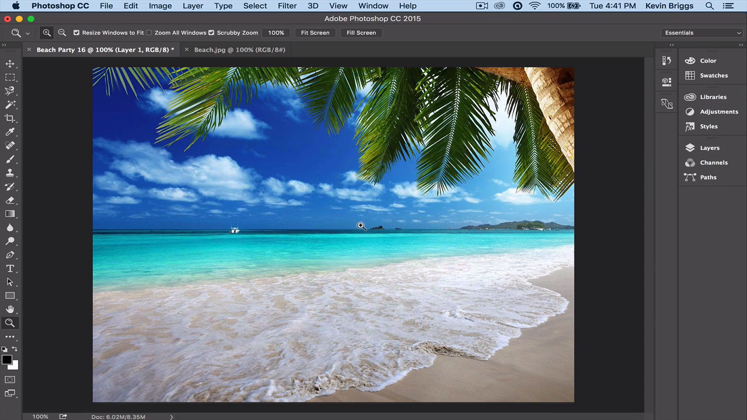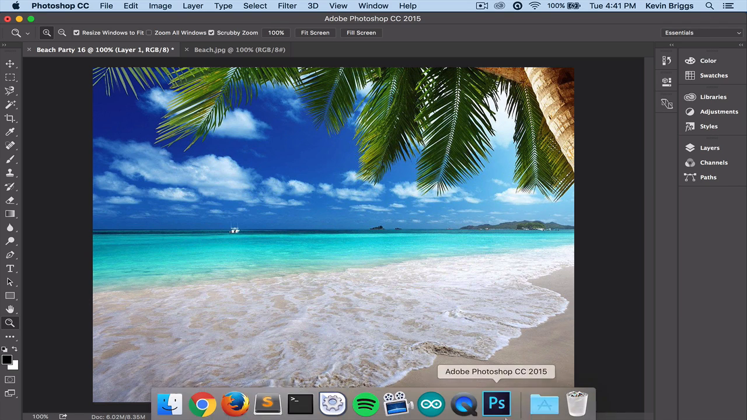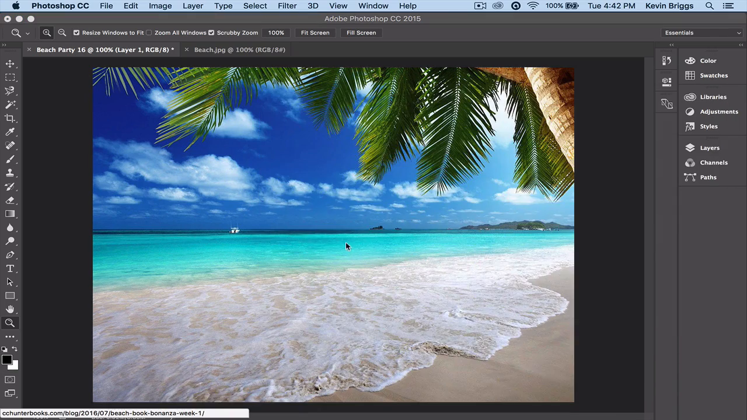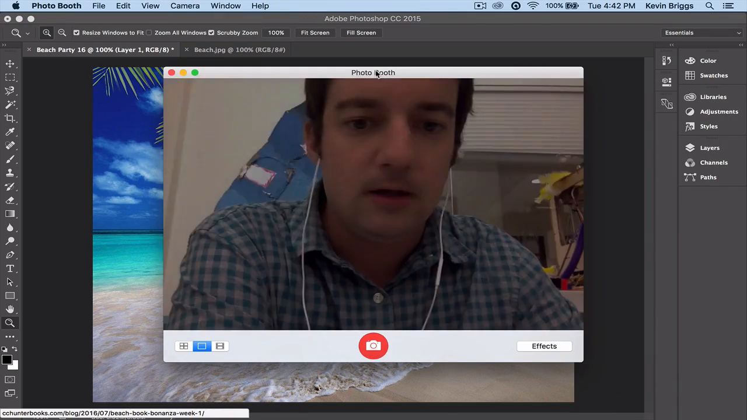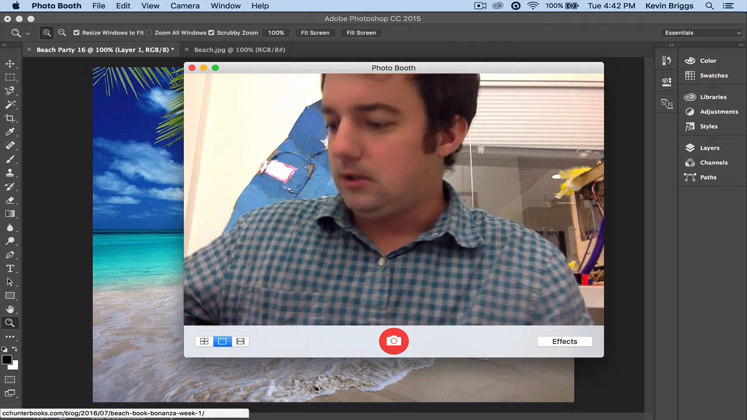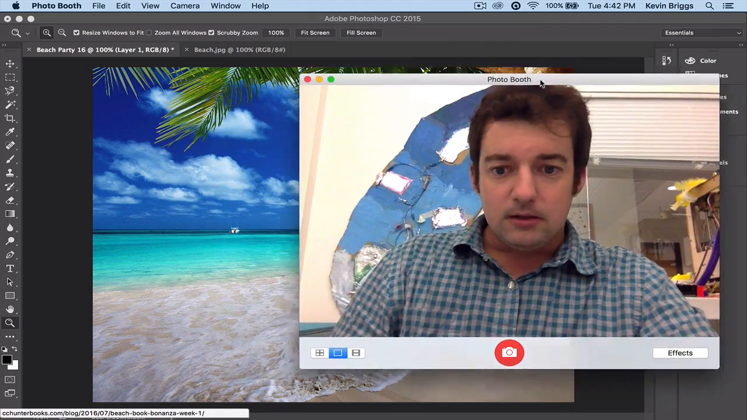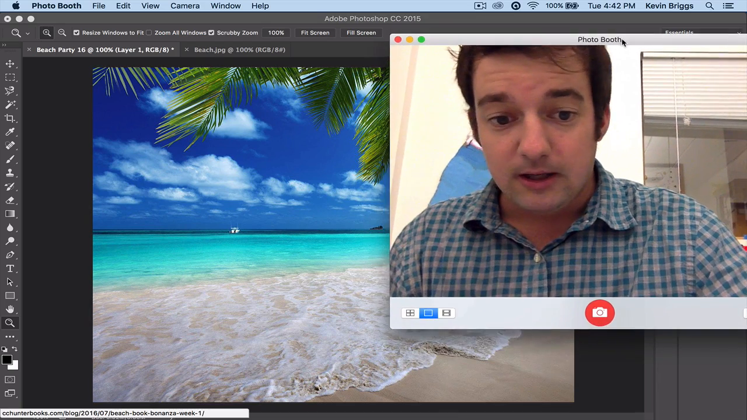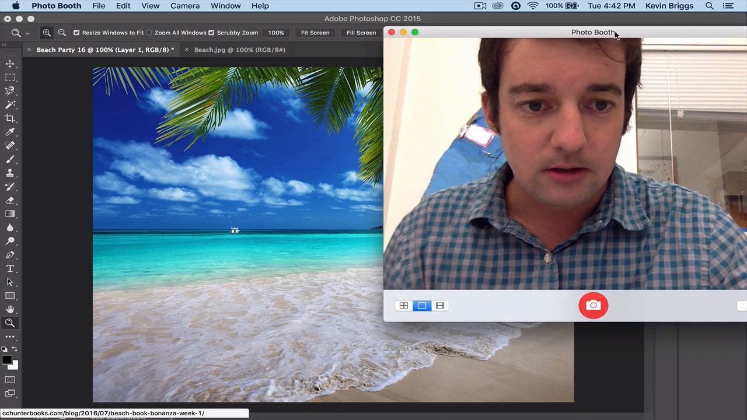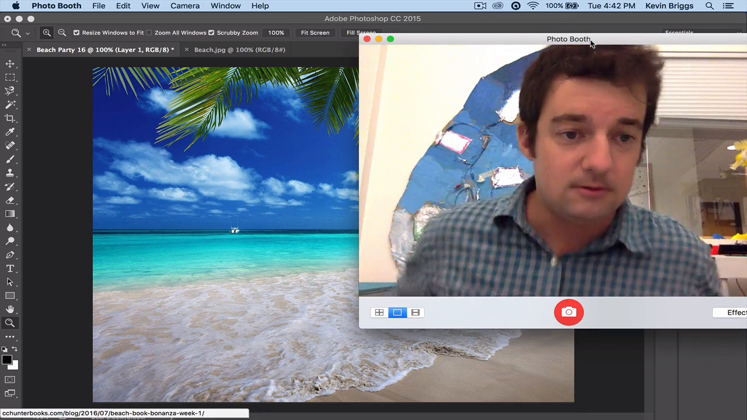Cool. Now I need to get a picture of myself. You could choose how you want to do this, but I am just going to use Photo Booth. Here, Photo Booth. And that's me. I don't need my headphones. I don't know why I have them on. And let's see, I'm like that. I look a little formally dressed for the beach, but that's all right. So I'm just going to take a little picture